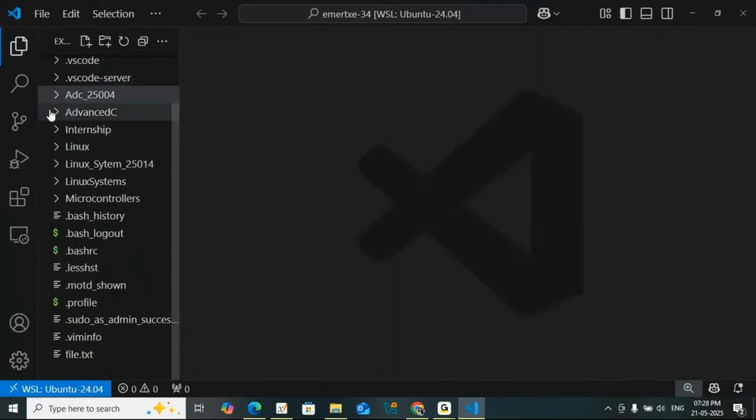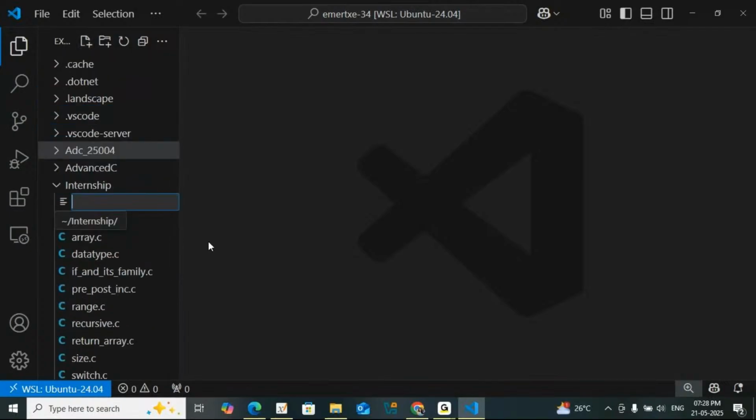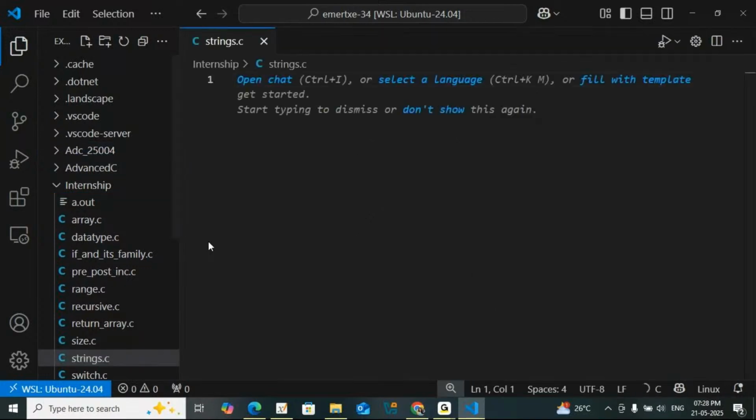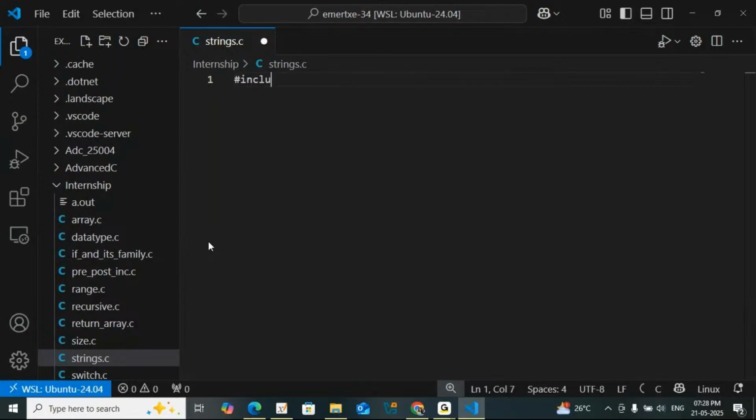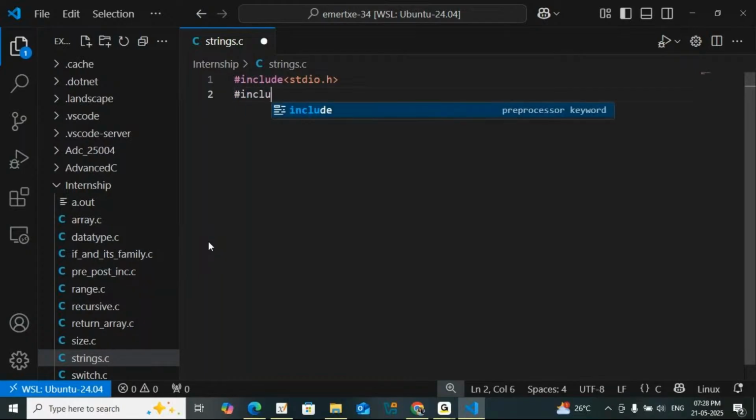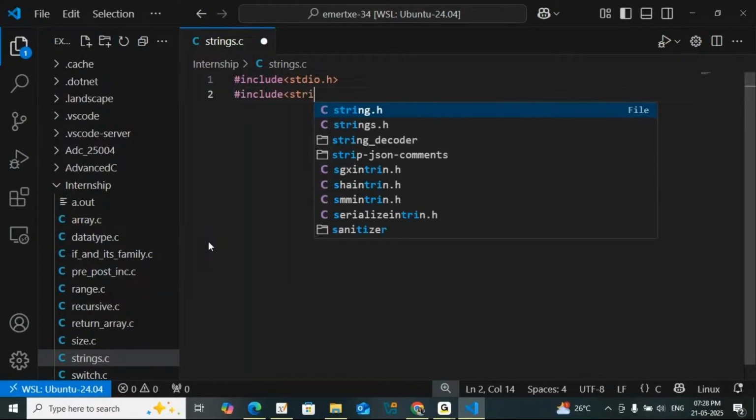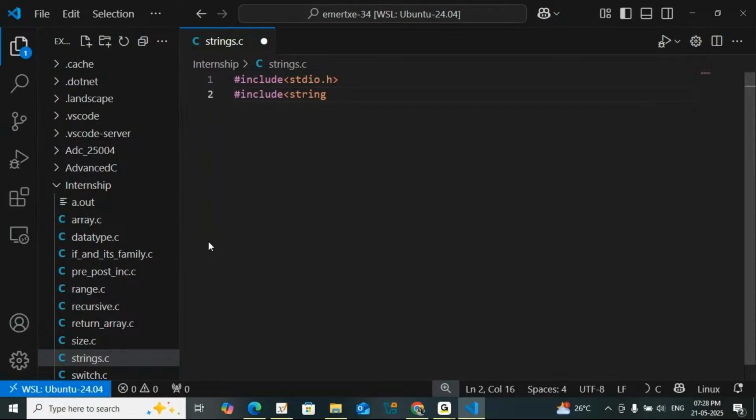So it is going to provide the length of the string excluding null character. So I'm adding strings.c file. All string related functions I'll demonstrate here only. First I have to include the header file, as usual stdio.h. One more header file, that is string.h. Then in the main function, I'm going to take a character array called str,